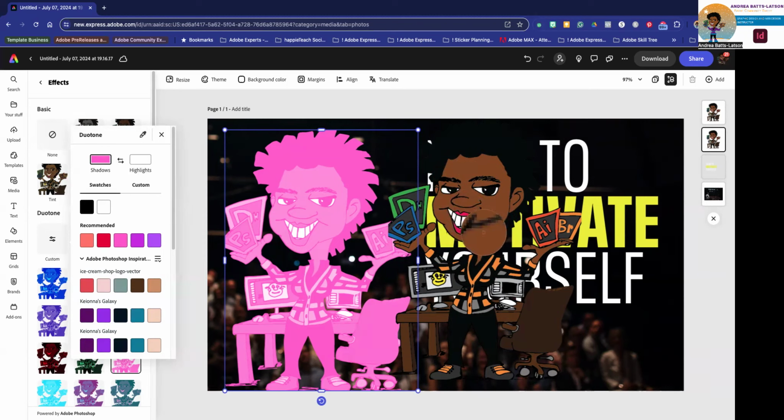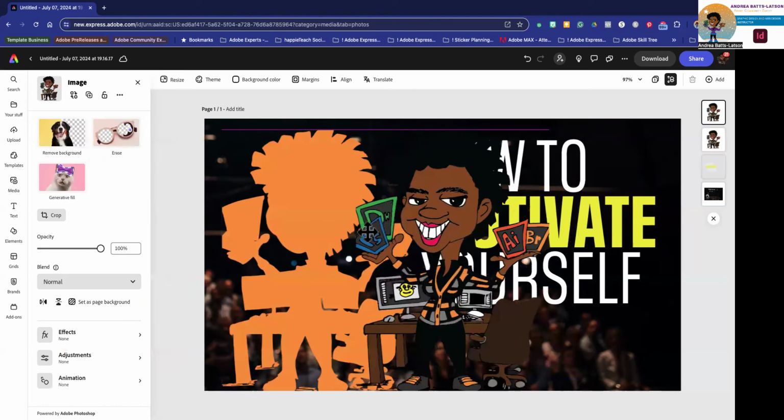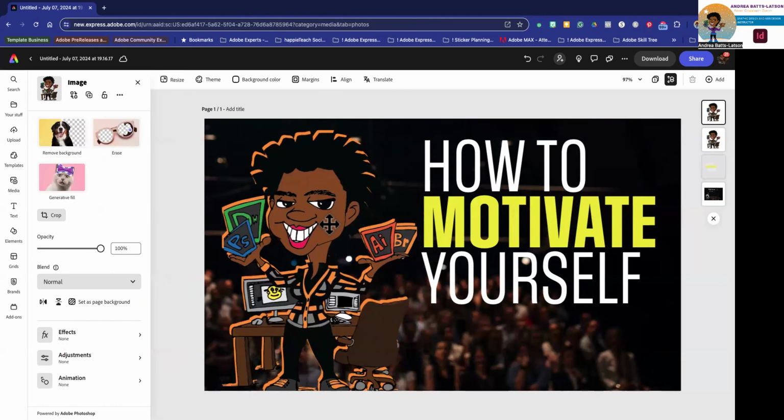I'm trying to decide what color I want behind my character. So whether I want to go with her orange that's in the shirt and make that the highlight, I think I might. Or I could go with that gray in the shirt, and that might actually come out a little bit more. I'm just not sure exactly what my color is going to be, but right now I'm going to go with that orange. And for highlight, since I don't want to show my features, I'm going to click on this eyedropper and select, and see how the features go away. So why that's important is